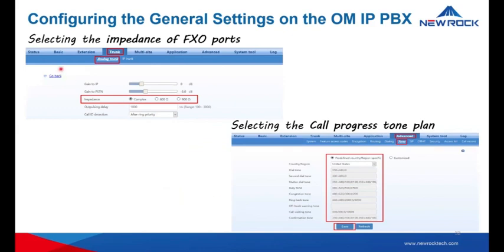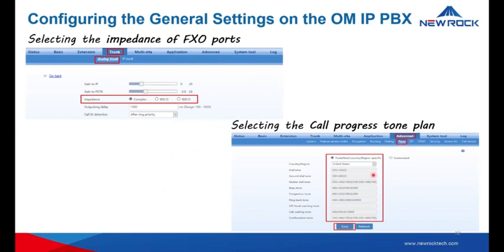Then we need to configure the impedance of the FXO ports. Generally, it requires 600 or 900 ohms on your local PSTN, so you need to do that as well. Then you can select the call progress tone plan in accordance with your region.